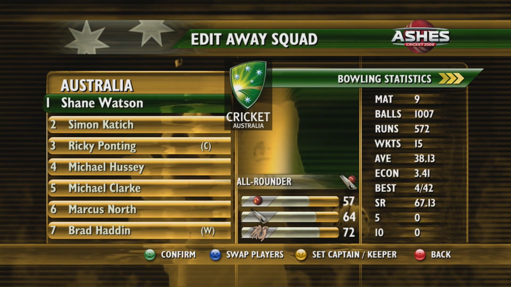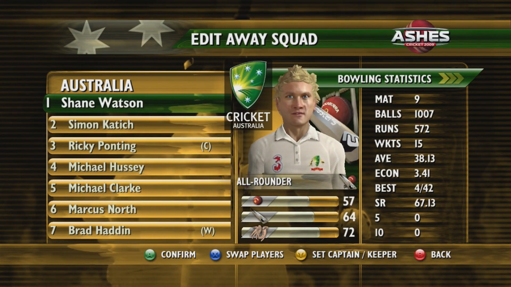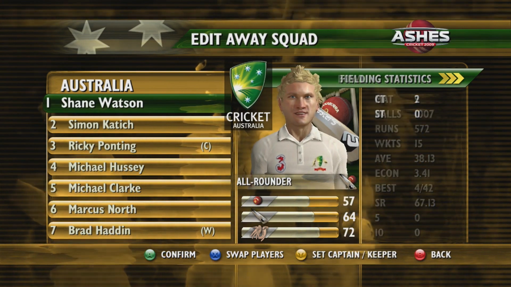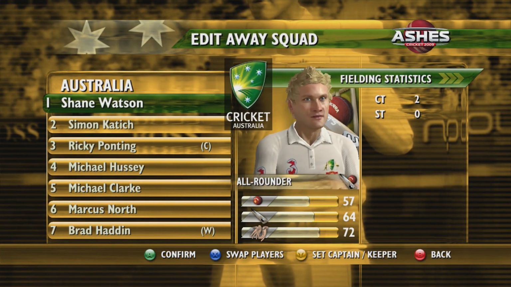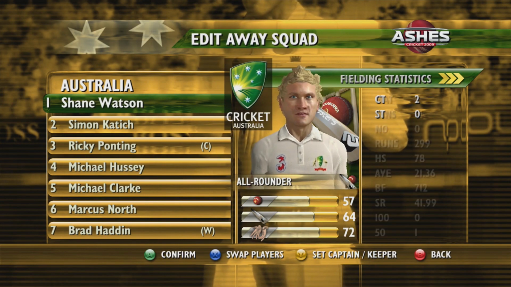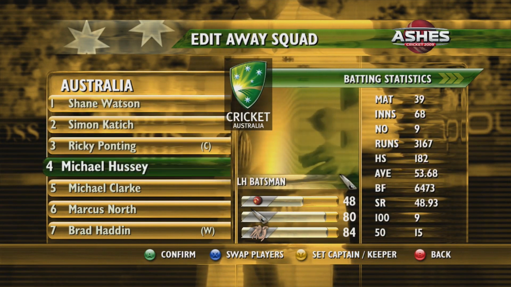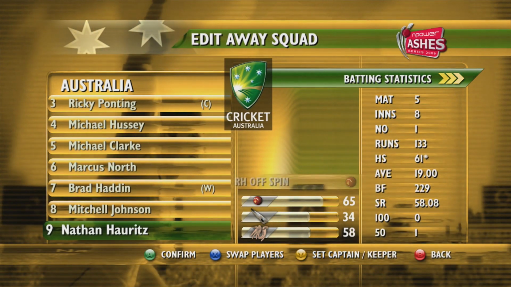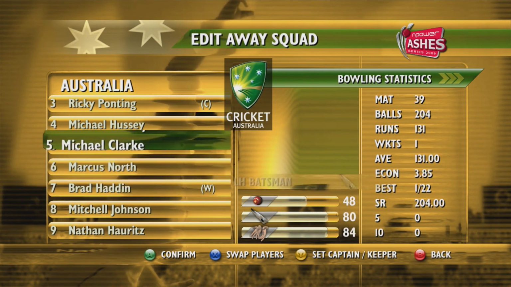Just a very interesting one. Shane Watson, of course, not involved in the second test in real life, but he was called up. Phil Hughes was dropped, and Shane Watson, the all-rounder, came in, and he's batting first. That'll be an interesting one to see. Fair to say, he's not the best batsman on the game. I mean, all the batsmen up to Mitchell Johnson are better than him,